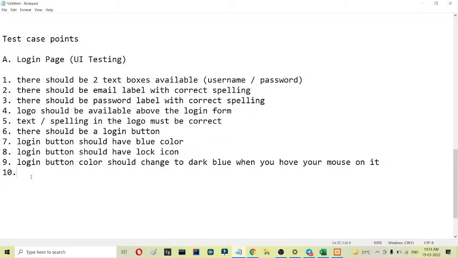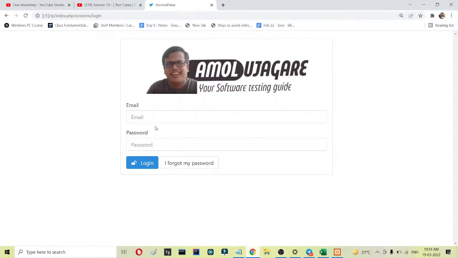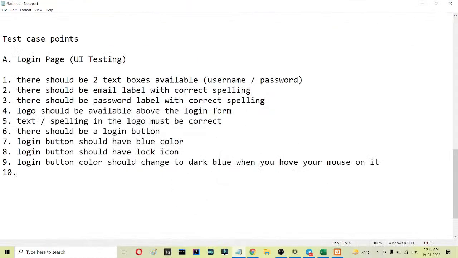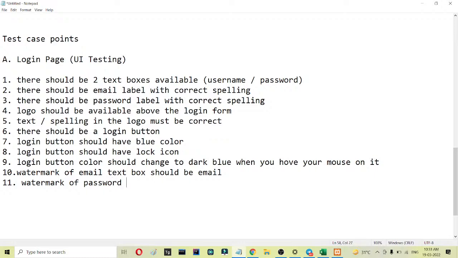So 10th one is, let's say, watermark of email text box should be email. Okay, and 11th one, watermark of password text box should be password. Okay, so this is the thing we have,